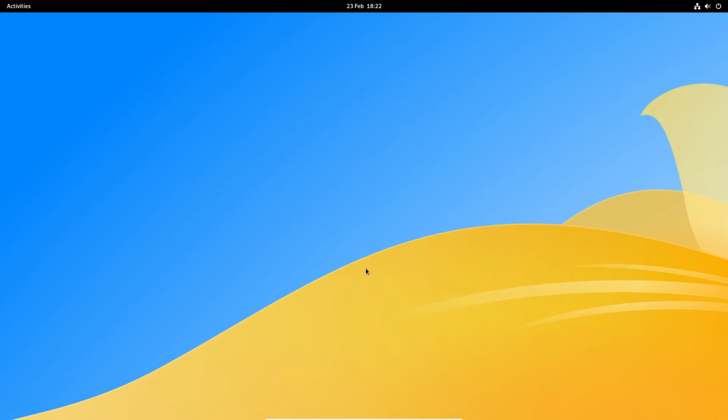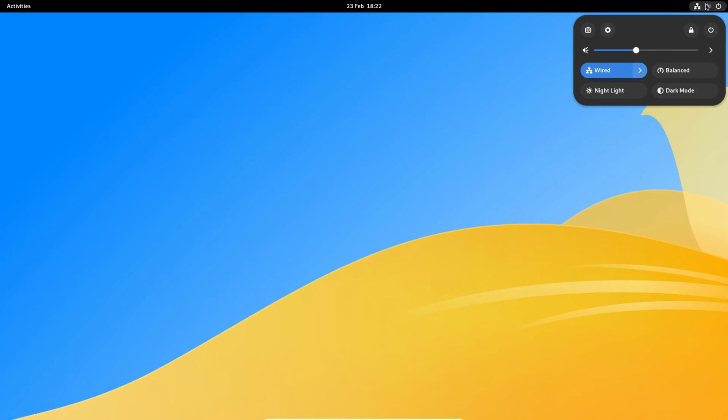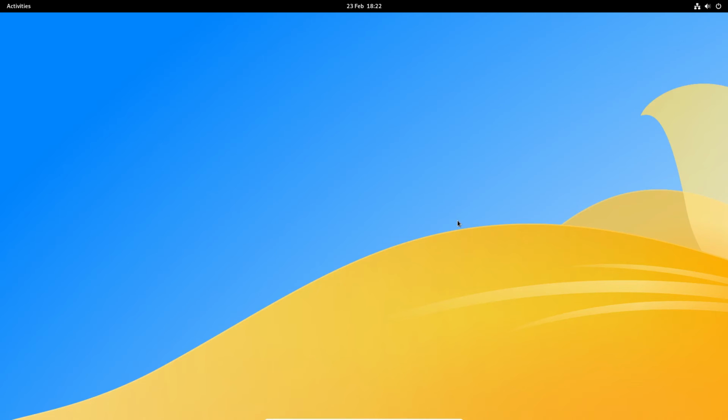Now Vanilla OS uses a stock Gnome desktop environment. So the immediate thing you'll see is there's no menu, there's no icon bar down the left hand side or anything. All we've got is this activities in the top left, and on the top right is where you choose things like settings. So you can see I'm using a wired connection at this moment in time. If I want to use wireless,